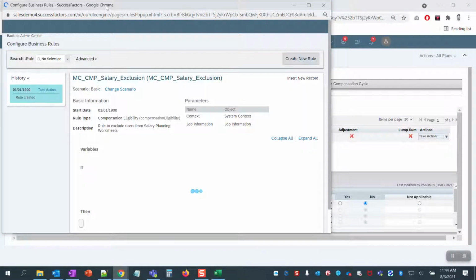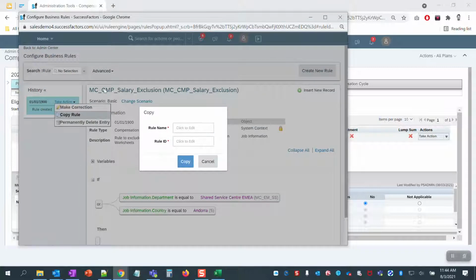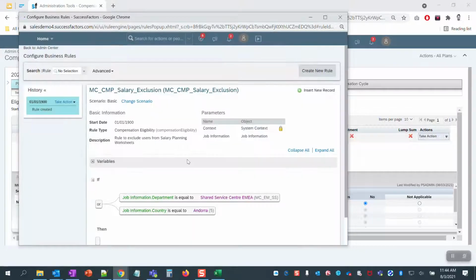So to do that, you can click on more details and then copy the rule and call it MCCMP salary exclusion testing. Click outside, copy,